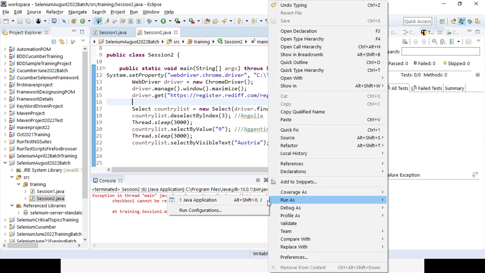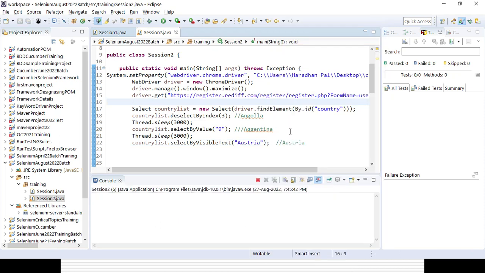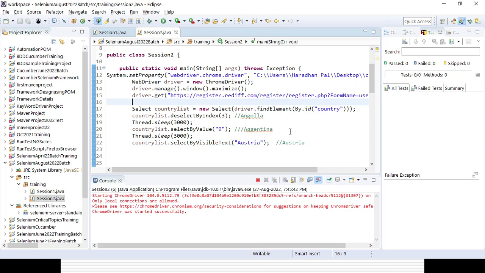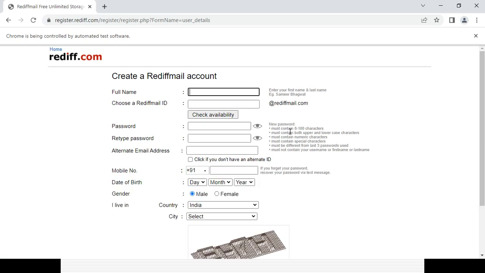Debugging skill will depend on how you are working. In case you are working for 5 years, definitely your debugging skill will be more and more. So you have to practice a little bit. Automatically from the error, you can easily understand what the problem is, but it will depend on your experience or exposure. And now you can see the first thing selected from the country drop down is